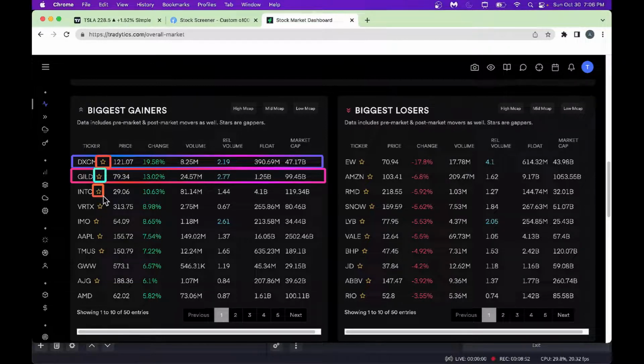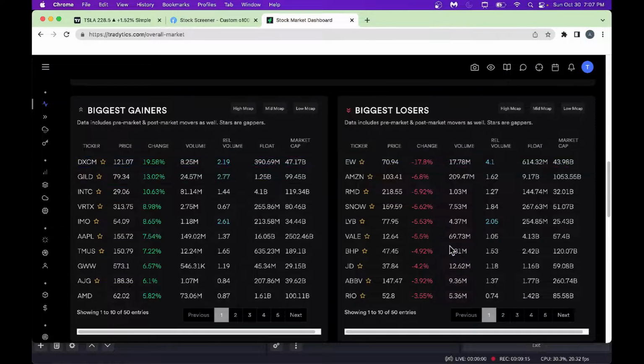All right, so that's about the biggest gainers, and you can look at the biggest losers. Look, Edwards Lifesciences. This stock has been trading crazily around earnings of late, down big time. Amazon down big, and we've got ResMed and Snowflake, and so on and so forth. This gives a very good snapshot here, and you can always take a look at these.